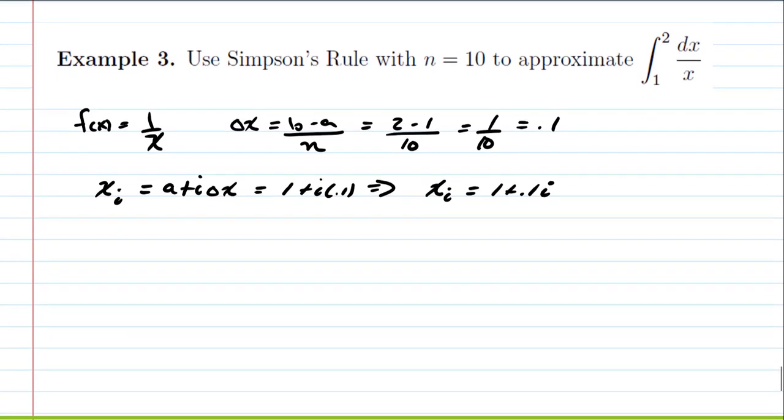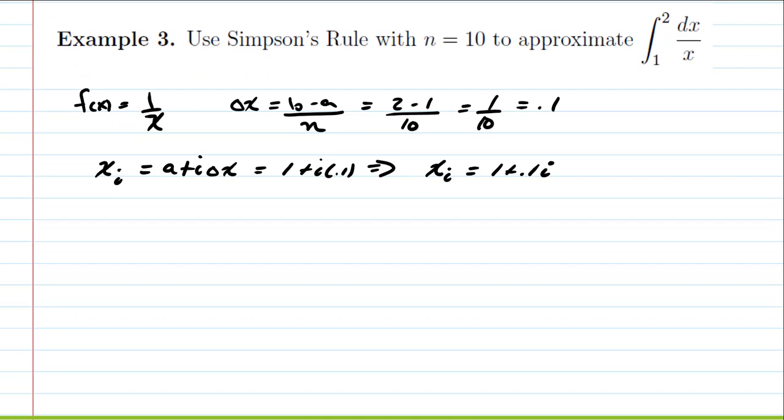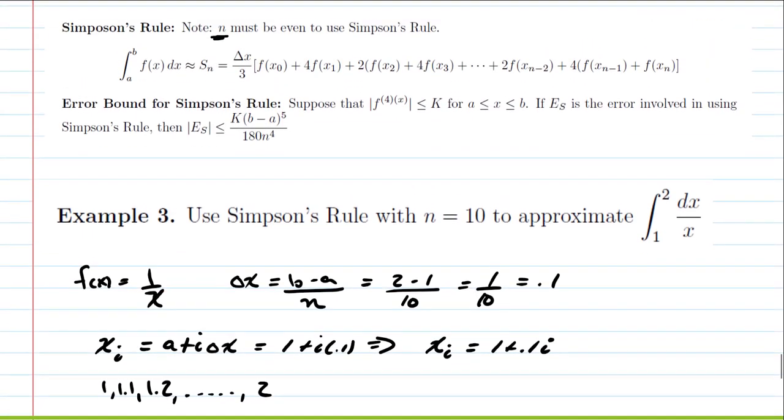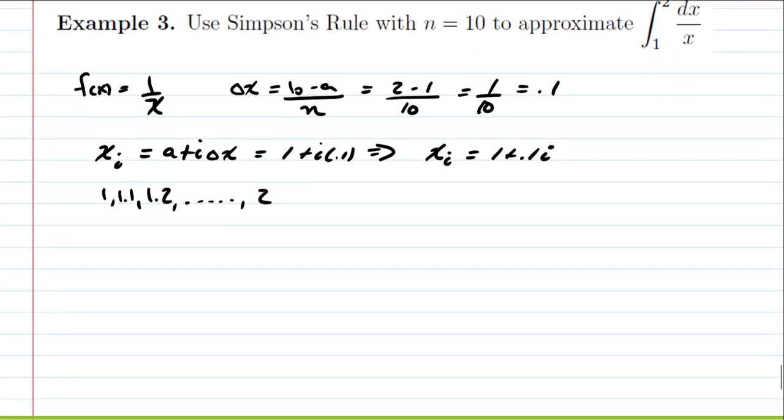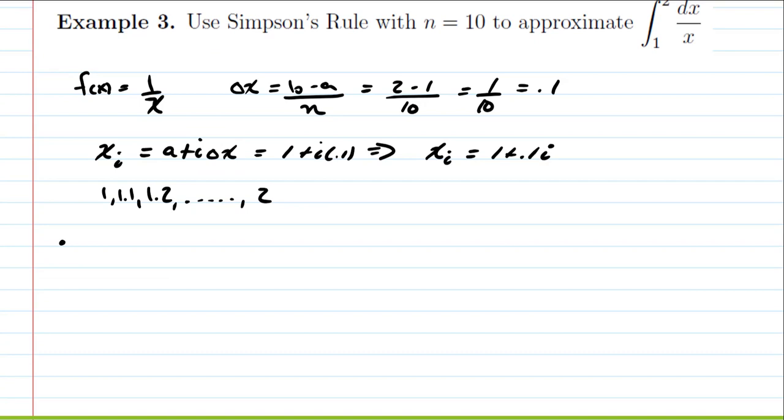So then finally, we are ready to set up our Simpson's rule, right? So our partition essentially is going to look like, as i goes from 0 to 10, we're going to have the inputs 1, 1.1, 1.2, all the way until we get to 2, right? So our formula is delta x divided by 3. So we have 0.1 divided by 3 times 1 over 1 plus 4